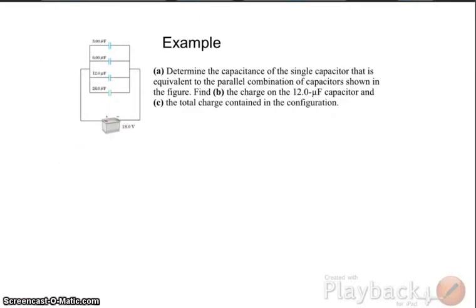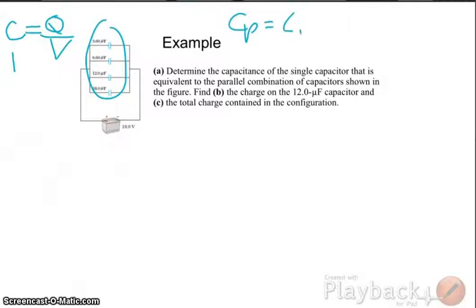Let's look at an example. So, we have C equals Q over V. Let's keep that in mind. Now, these are capacitors in parallel. So CP equals C1 plus C2 plus C3 plus C4. And we want to determine the capacitance of the single capacitor that is equivalent to the parallel combination shown above. So we basically want CP. CP equals, let's see,